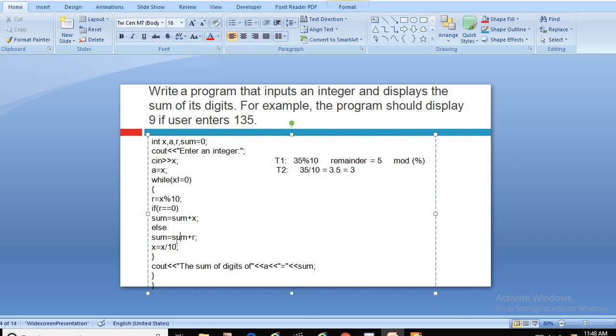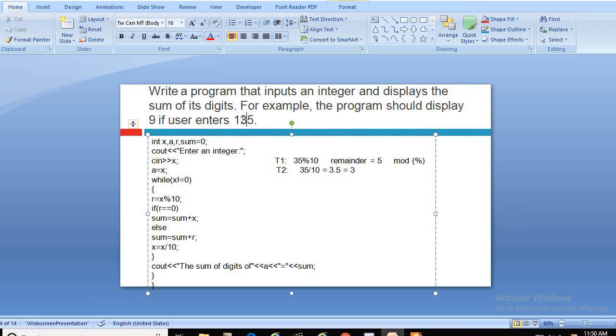So sum, in fact initially it is 0, 0 plus 5, and the sum value will be 5, and x is now modified. How? 135 divided by 10 and its value becomes 13. Now note it down that we have separated this digit 5.